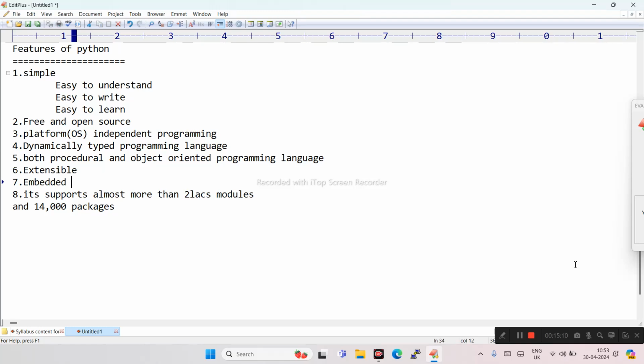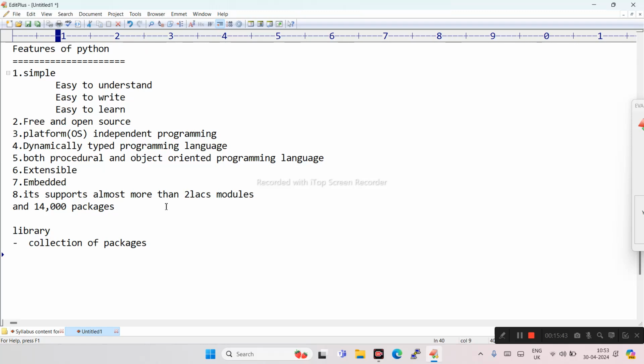Another advantage is that it supports more than 2 lakh modules and 14,000 packages. Packages are nothing but libraries. If you talk about libraries, then you can get some idea. A library is nothing but a collection of packages.